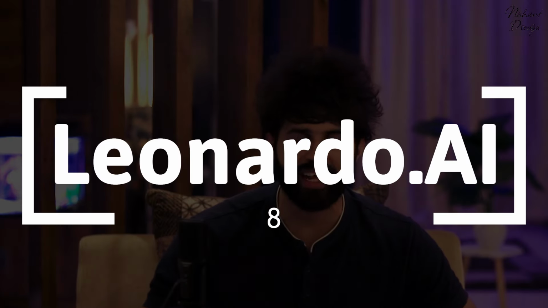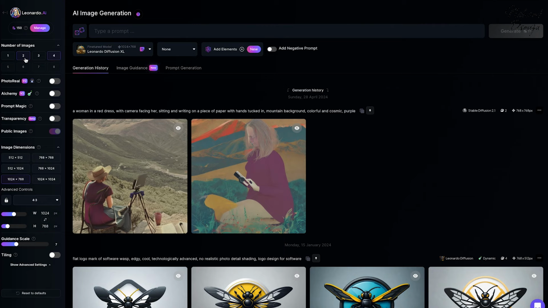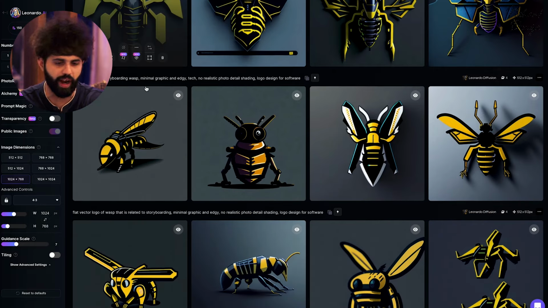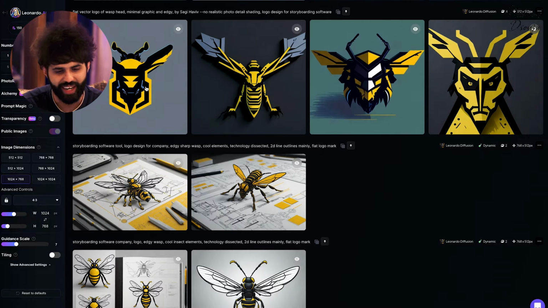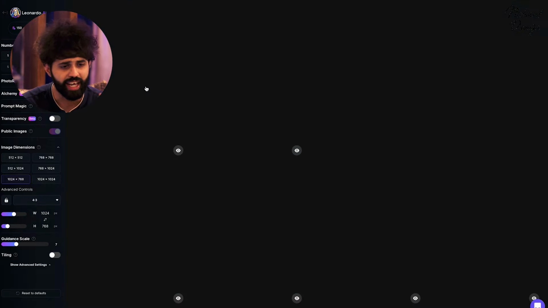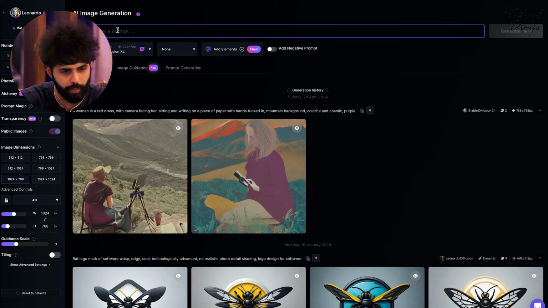The next AI tool is one of my favorite image generators, which is Leonardo.ai. So with Leonardo.ai, which is very similar to Midjourney, of course, you can do a bunch of things, except of course, you don't need to do it on a Discord server for the whole world to see. Here's only the stuff that you've generated. These were some explorations for a logo that I was trying out in the past. And really quickly, you can just put in your prompt here.